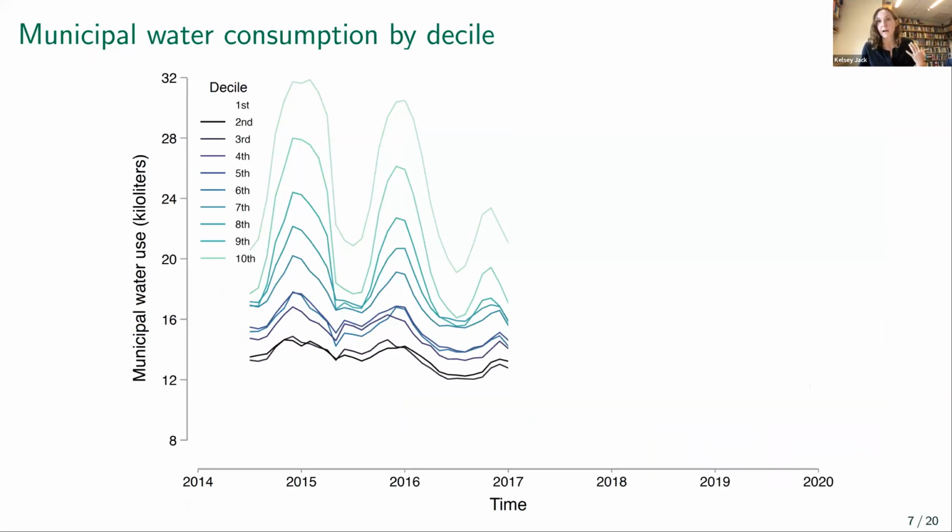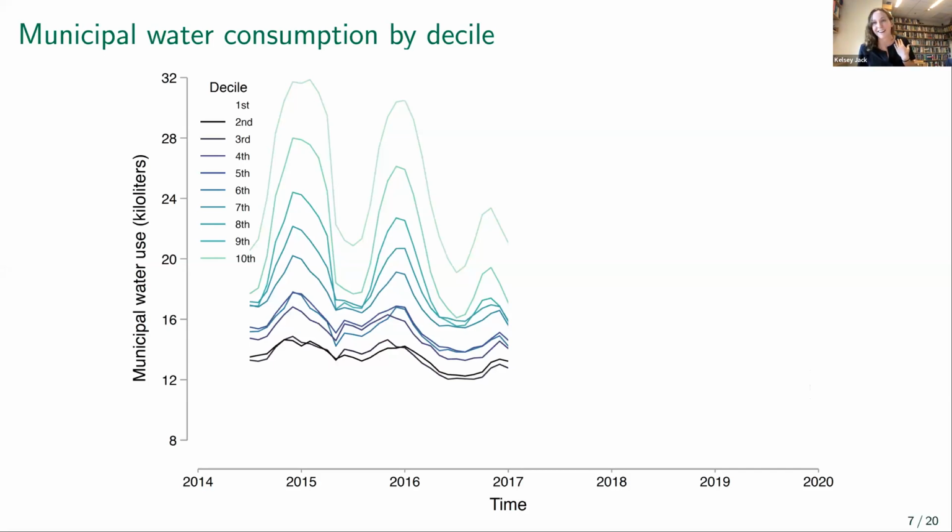These are billing records at the household level for municipal water use. What you can see from this is plotting municipal water use by decile of the property value distribution. This is a fairly good proxy for household wealth. What you can see is that in these early years in our data set, the richest households, those that are